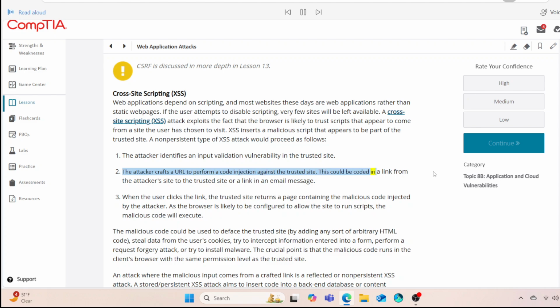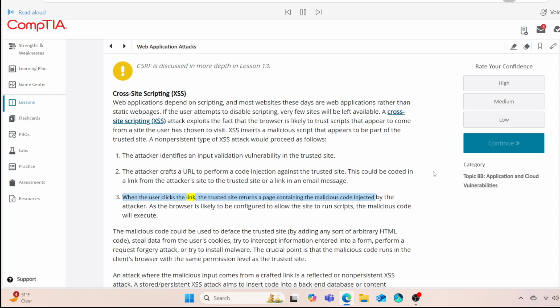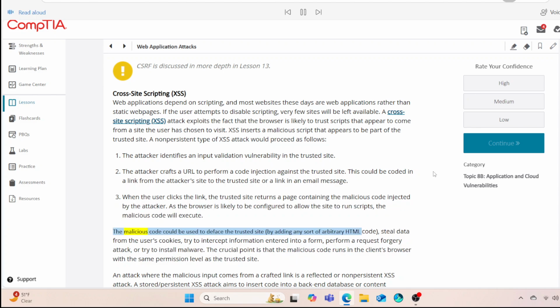This could be coded in a link from the attacker's site to the trusted site or a link in an email message. When the user clicks the link, the trusted site returns a page containing the malicious code injected by the attacker. As the browser is likely to be configured to allow the site to run scripts, the malicious code will execute. The malicious code could be used to deface the trusted site,